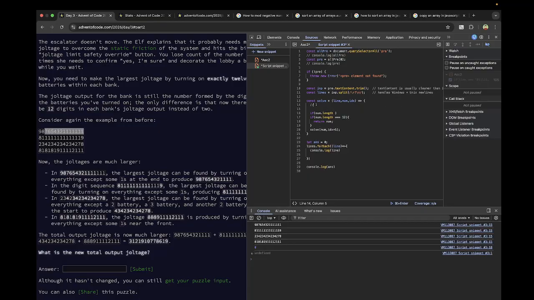And we are at an index where 12 numbers cannot be extracted further. That means int n or n is equals to line dot length if 12. So